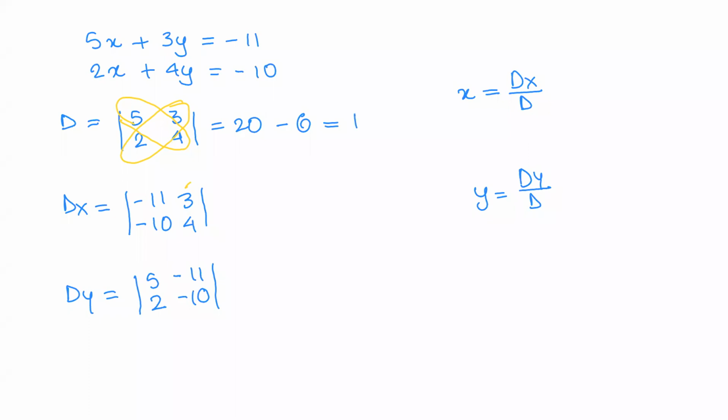Awesome. Many of the students are actually giving me the answer in the chat. That's awesome. All right. Now for dx: -11 into 4 is going to give us -44. Minus, and over here, 3 times -10 is going to give us -30. Now, if you work this out, तो इसकी वैल्यू हमें क्या मिल जाएगी? -14.